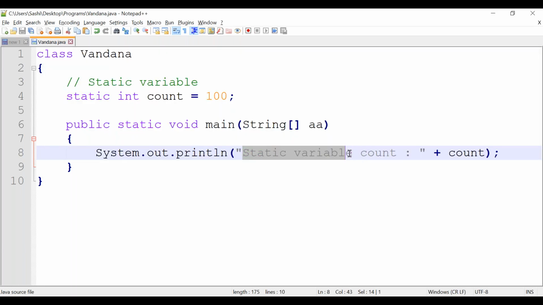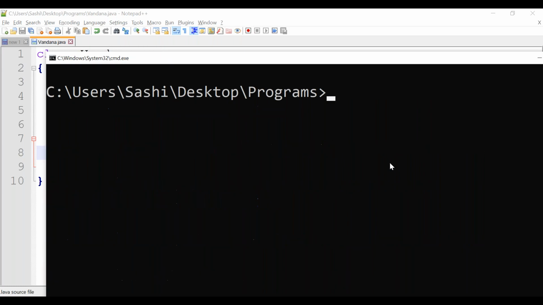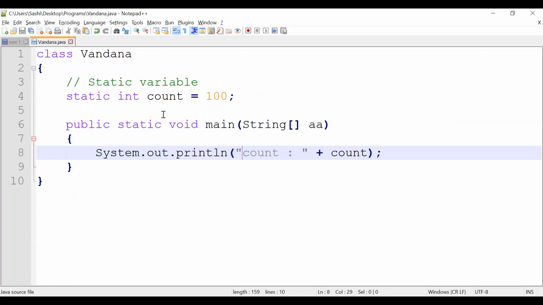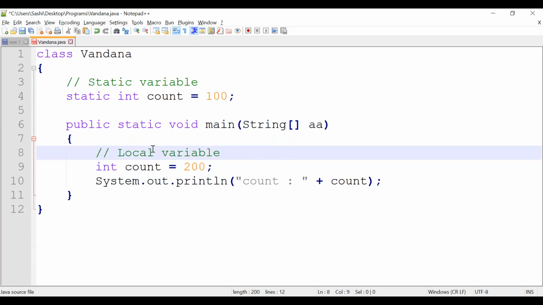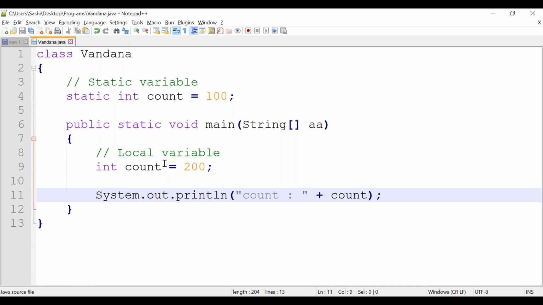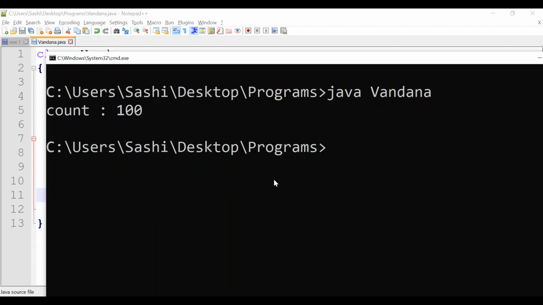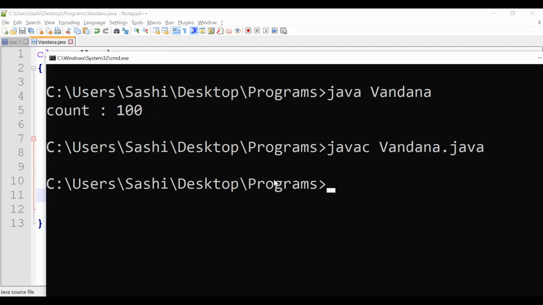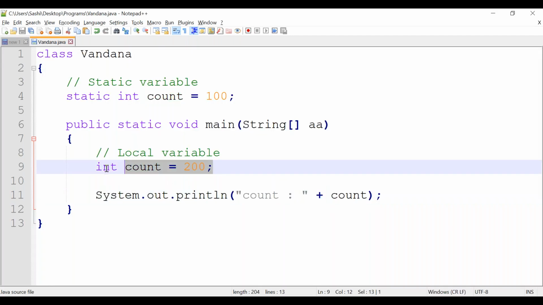But if the local variable is there, here one local variable with the value 200, and I refer to count, it is not printing the static value. It prints 200. 200 is nothing but the local variable.